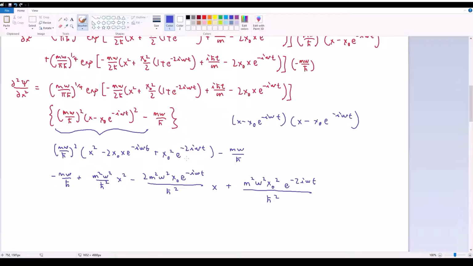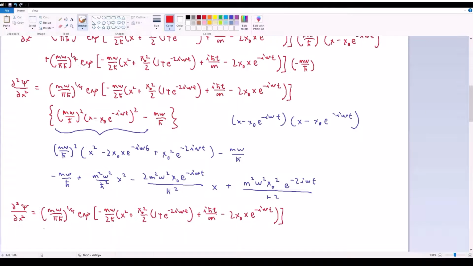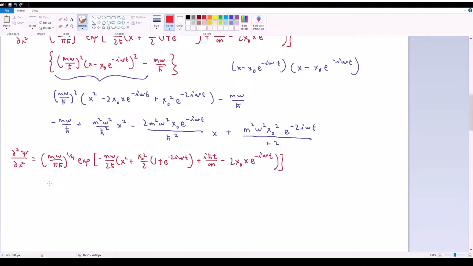Is that correct? Yes. Okay, and that's our second derivative. So if I want to write this out fully, then I'm going to get that the second derivative of psi with respect to x squared is equivalent to this entire thing at the front, and then multiplied by